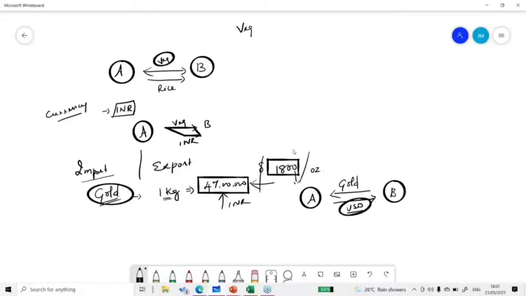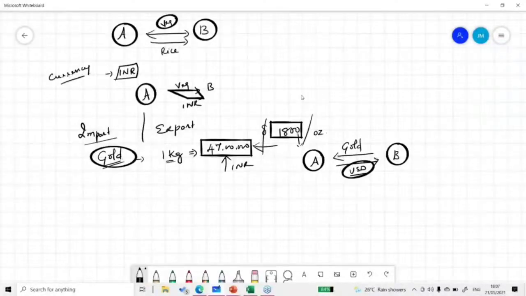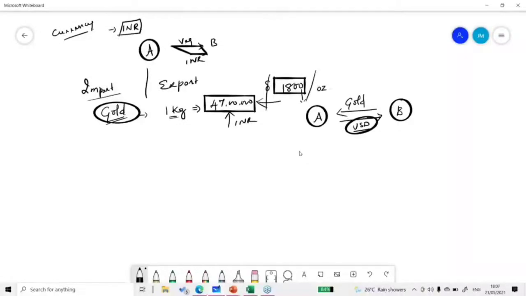To facilitate import and export, the Reserve Bank of India and our Indian financial system start selling foreign currencies. When I say any market, like when I'm going to buy vegetables I exchange Indian rupees. In the previous system, I'm going to exchange one product for another product. Here we are going to exchange only currencies, and that's where we call it the foreign exchange market, or the currency market. Literally speaking, that's where we use the word Forex, and this is the one.